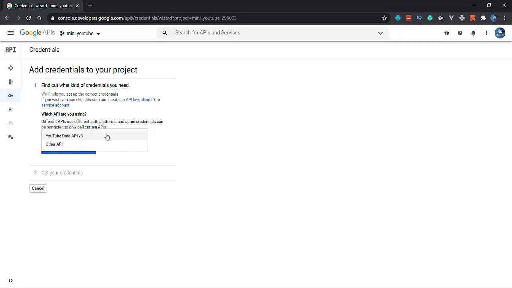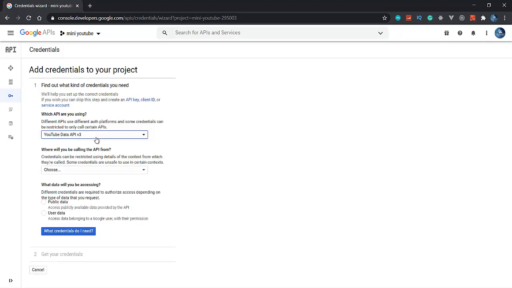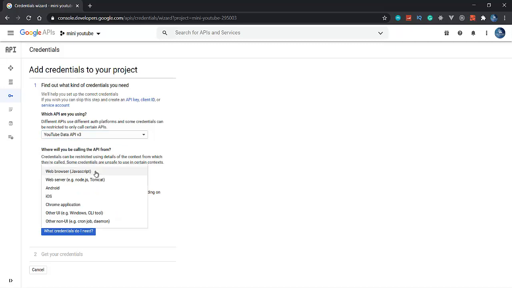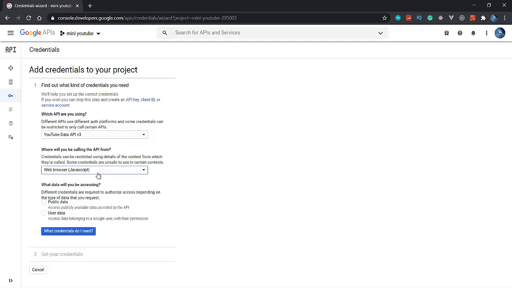Here, first of all, we will choose YouTube Data API. After that, we will call this from the web browser. The web browser will be JavaScript here, because we are using the front end language React here, and JavaScript is also a front end language.